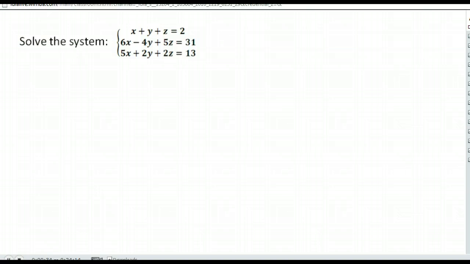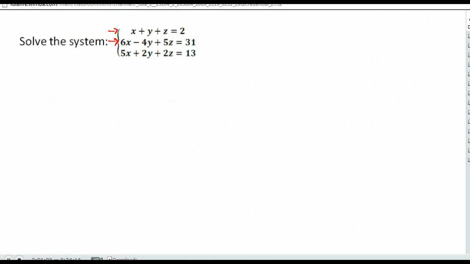Our goal as we start this is to get down to what we're more familiar with, 2 equations with 2 variables. So what we want to do is use a combination of work over here to eliminate one of the variables, okay? So you choose a variable you would like to eliminate. Let's say I want to eliminate x, okay? So if I wanted to eliminate x